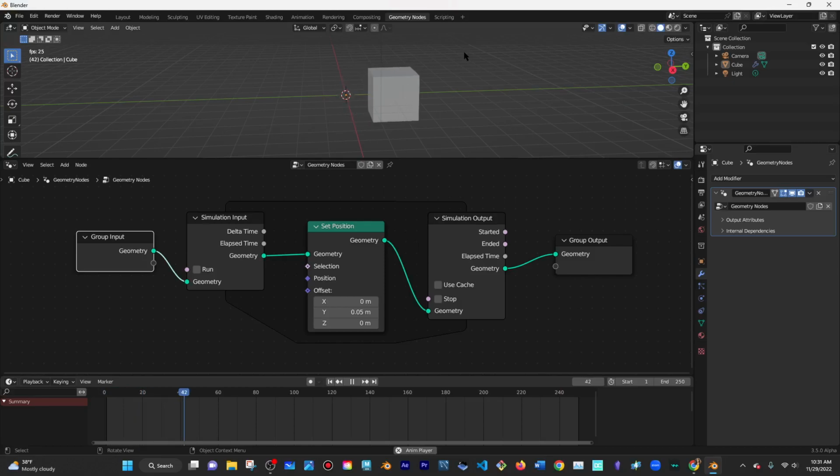And so what you're telling it to do is, hey, for every frame, I need you to move forward 0.05 meters in the y-axis relative to the previous position, which was, for example, keyframe 2 would now be at